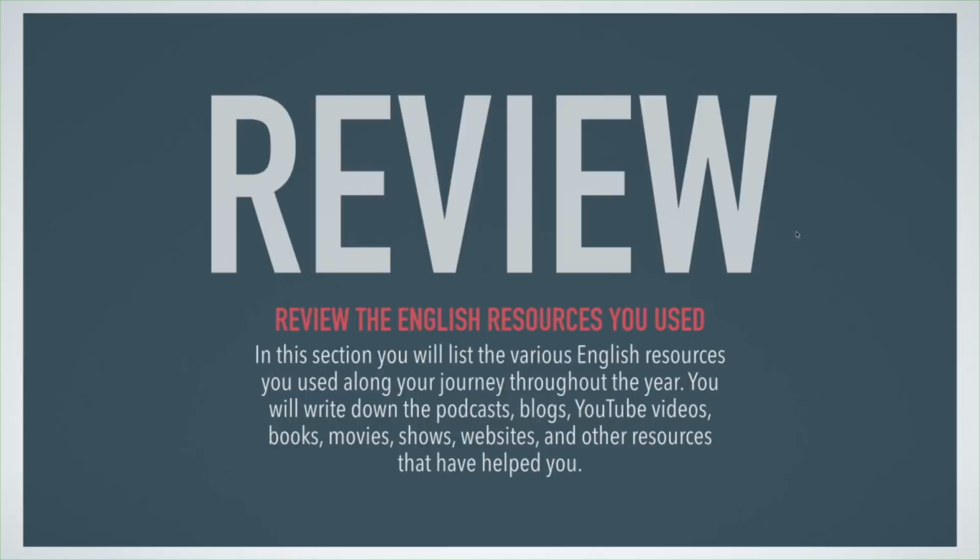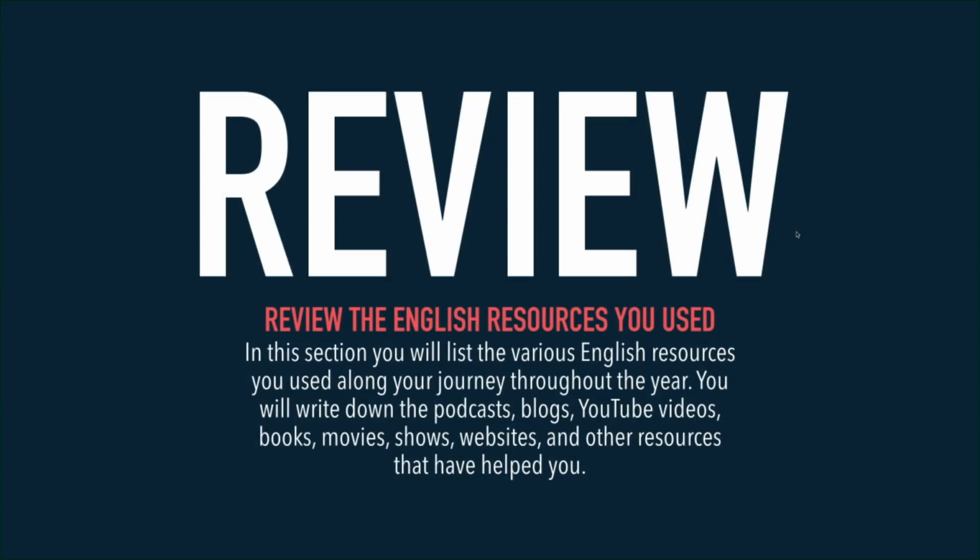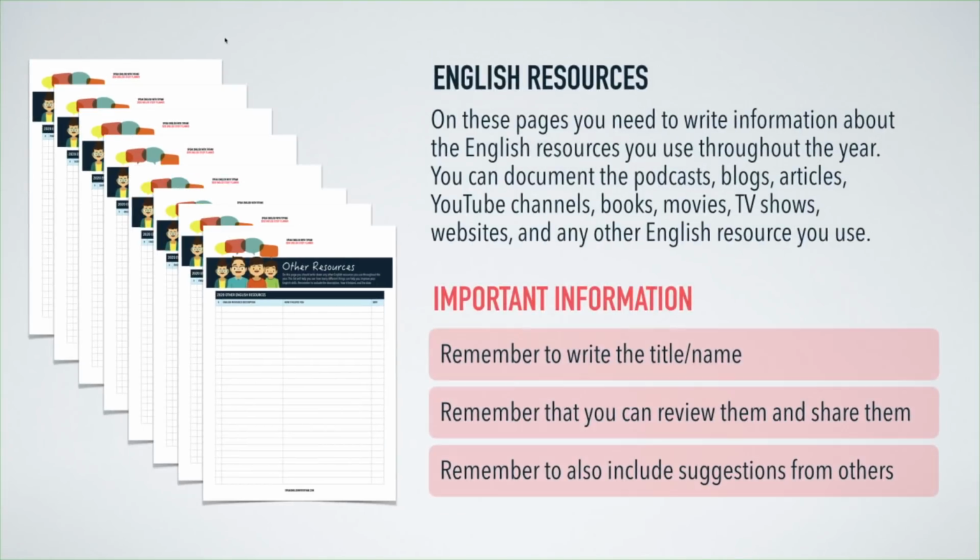All right, so after you do that, here's the next step. Review the final section. Review the English resources you used. In this section, you will list the various English resources you use along your journey throughout the year. You will write down the podcasts, blogs, YouTube videos, books, movies, shows, websites, and other resources that have helped you. So let's say, for example, here we go. On these pages, like I said, you need to write the information down and you can document everything that you use,